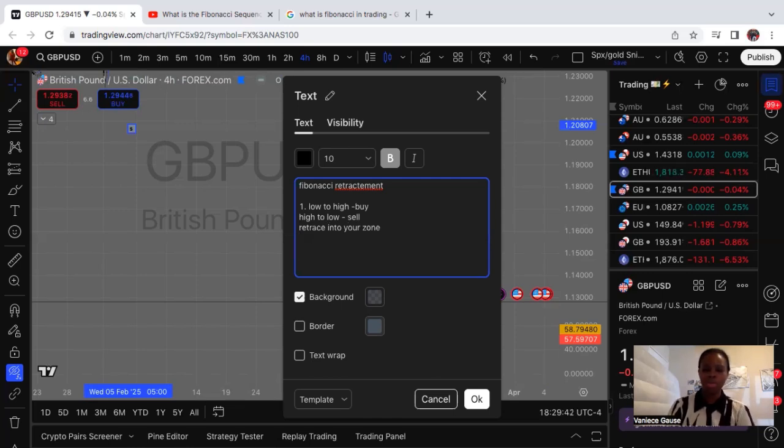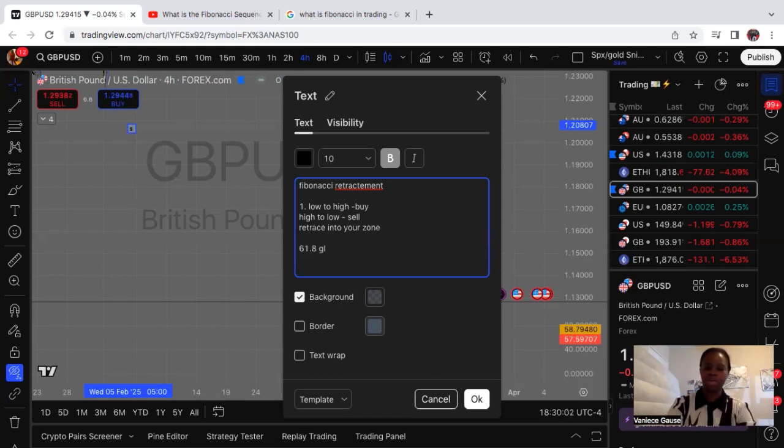Now, there are certain zones that we pay attention to. I'm going to show you guys this on GBPUSD, and then I'll show you it on gold. And then from there, we'll go into crypto. But basically, the three zones that you're going to pay attention to, one is called the